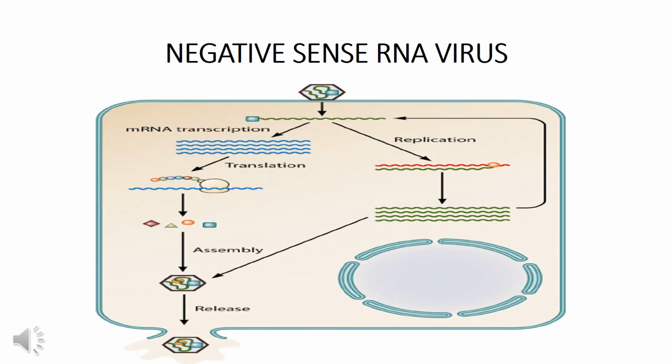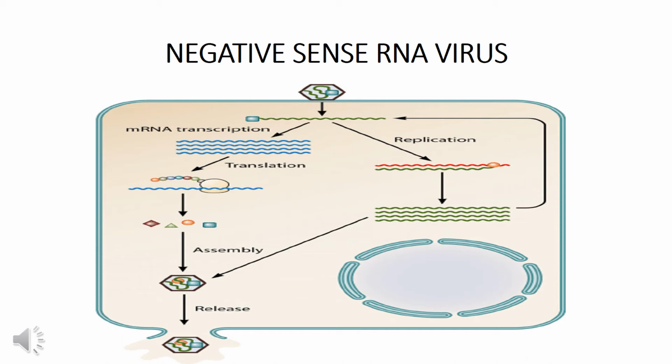In case of negative sense RNA viruses, there is an additional step involved in the replication or transcription of RNA, because the virus is actually hungry for the production of many proteins. So for the production of protein, the virus needs messenger RNA. So when uncoating of negative sense RNA viruses occurs, the RNA moves into the cytoplasm of the